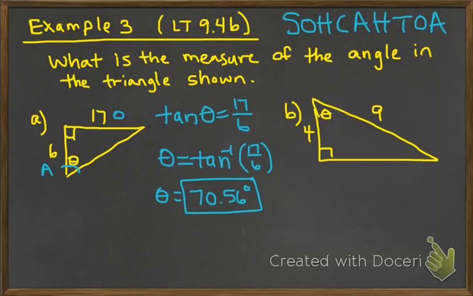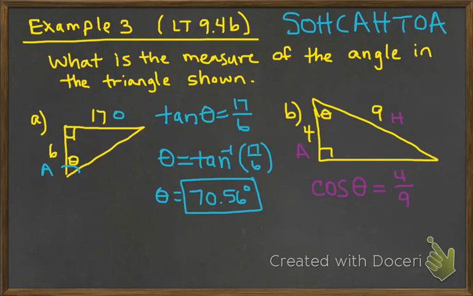So now let's look at another example of this. In the second triangle, my theta is now located in the top part of the triangle. Based on where that theta is, let's identify the sides that were given to us. The 9 is across from the right angle, so that is always our hypotenuse. And the 4 is next to the angle, touching that angle, so it is adjacent. If I look at my SOHCAHTOA, I use adjacent and hypotenuse with the cosine. So when I write my equation, I get the cosine of theta equals the adjacent, or 4, over the hypotenuse,